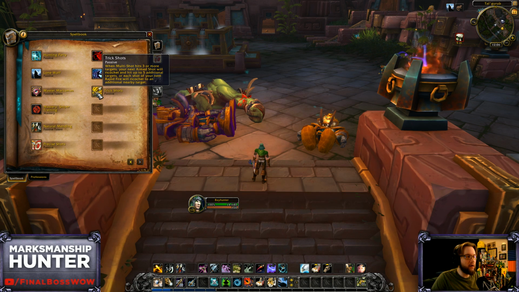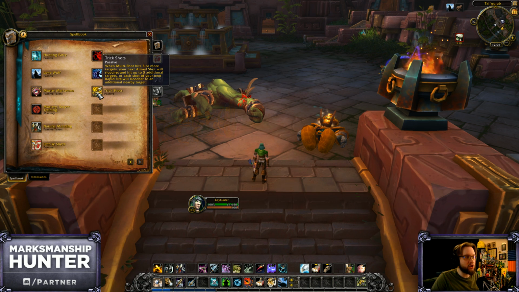And it is now a passive called Trick Shots, where when you Multi-Shot 3 or more targets, your next Aimed Shot will ricochet and hit up to 5 additional targets. That's 6 in total, target plus 5, for normal damage. There's no damage falloff as it currently stands. Or each shot of your next Rapid Fire will ricochet to an additional nearby enemy. That is a random ricochet effect, or just main target plus 1. But if there's main target plus A, B, C, D, and E other targets around, it'll randomly pop around,